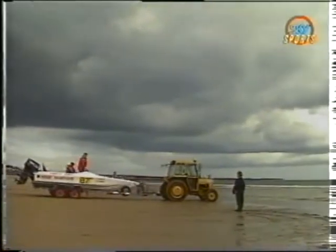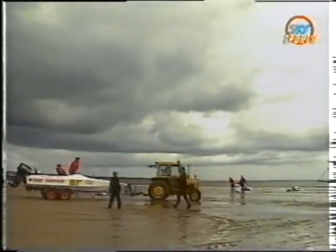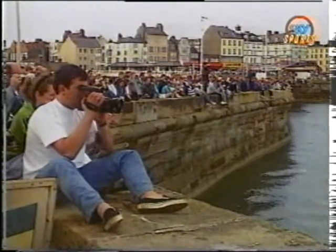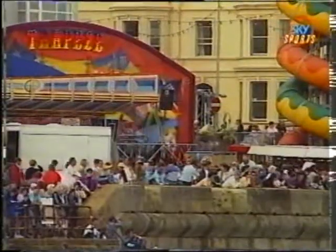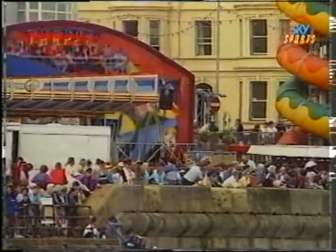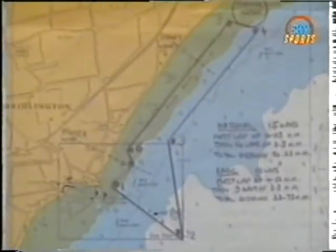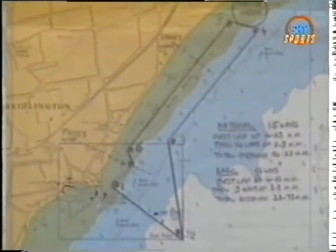As the final preparations were made, the black clouds rolling off the Wold sent shivers down the spines of most crews. It was certainly flat here, but further out it was getting very rough. It was all good news for the big crowd, most of whom had lined the harbour wall, although some, it appeared, preferred a more revolutionary grandstand. The course for the day was 15 3-mile laps, with a chicane near the beach to test the drivers' skill